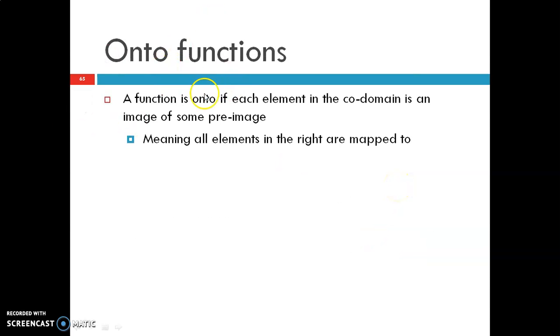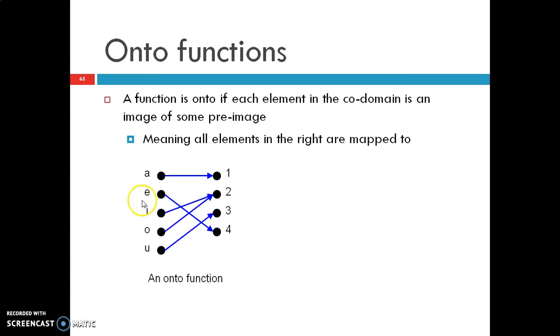Onto function. The function is onto if each element in the codomain is an image of some pre-image. That means all elements on the right are mapped to; all the elements from the codomain set should be occupied or mapped, and then it is called an onto function. So here you can see that A is mapped with 1, E is mapped with 4, I and O are mapped with 2, and U is mapped with 3. So it is not one-to-one, but it is onto,